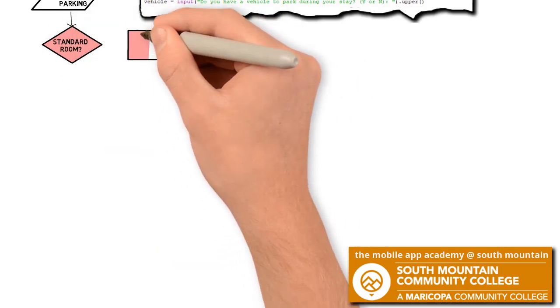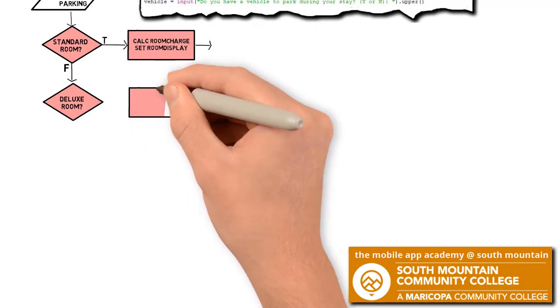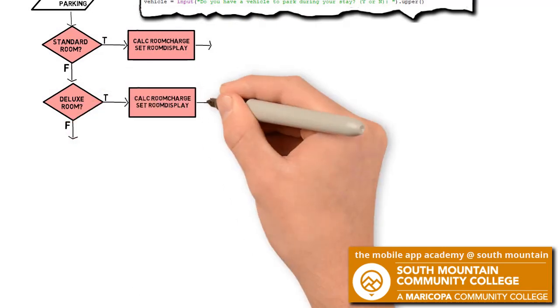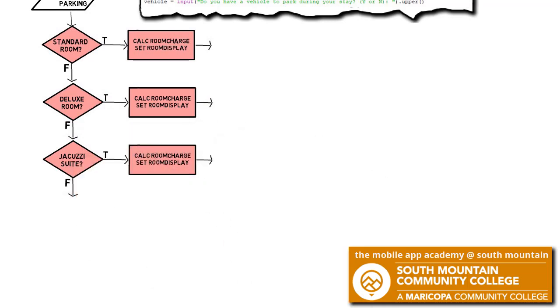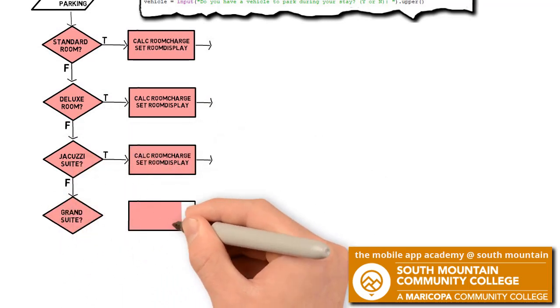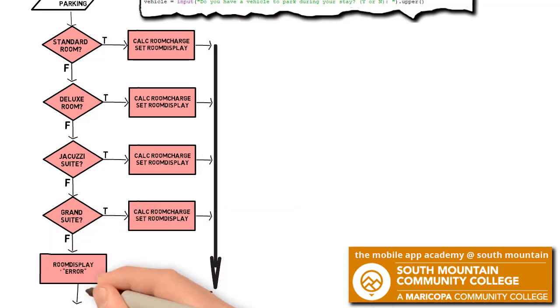Next, we use an if, elif, else structure to look at which room the user chose and calculate the room charge, which will be the room rate times the number of days. And we'll also set a room display that we'll use in our output where we show the room charge and how that was calculated. Our else fork will kick in if the user doesn't choose 1, 2, 3, or 4 as the room types. They put in some bogus data, and we're going to display that as an error. So we're going to set the room display to error